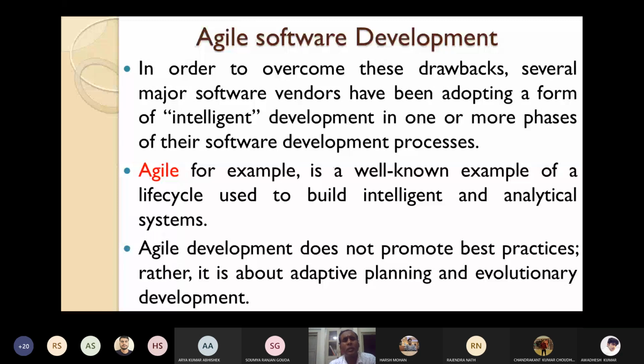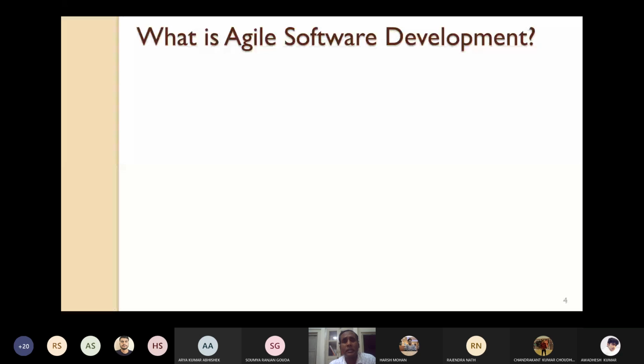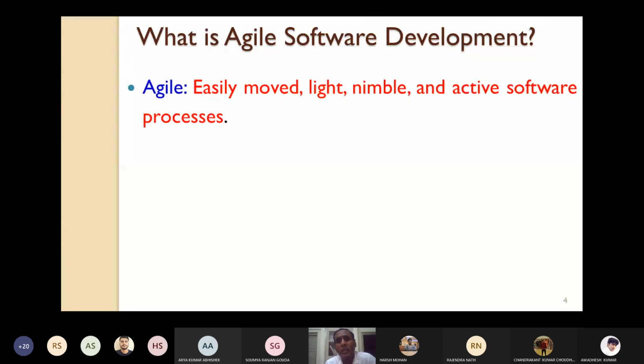Now let's see, what do you mean by Agile software development? Very, very important. Please try to understand, in the software industries they are heavily using Agile software development now. So please have a look very carefully. What do you mean by Agile? Agile means easily moved, light, nimble, and active software processes.